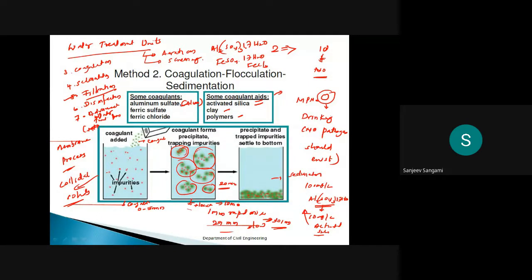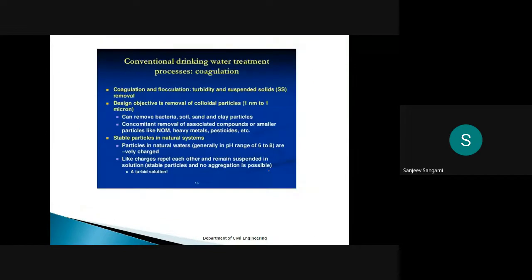But we'll not count this 10 minutes. When slow mixing is there, you can also find some sediments settling at the bottom, but that will not count. So this is the coagulation process.